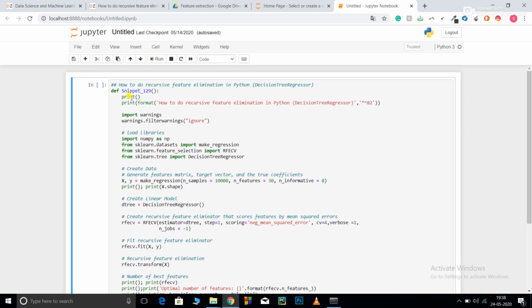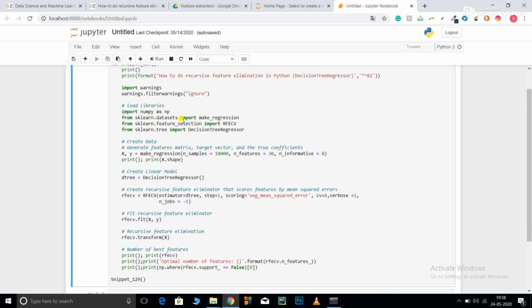Now let's get started with the code. Over here I have defined my function. These are two general print statements. In order to ignore warnings, I filtered them using warnings filter ignore. After that, I've imported my necessary libraries: NumPy and sklearn.datasets. Sklearn is a very powerful library which provides a lot of preloaded datasets. It also gives me the power to make my custom dataset for my machine learning practice.